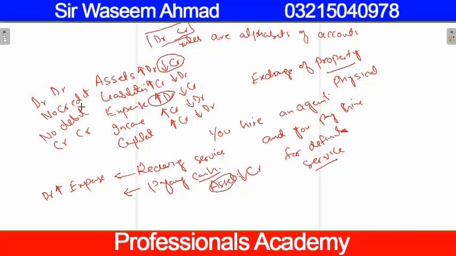Now, when we have categorized the transaction, it is very useful to understand the meaning of these categories. When I say assets, what is meant by asset? So the normal reply is that machinery is an asset, building is an asset, cash is an asset. This is not the definition of an asset. These are the examples of an asset. We have to define what is an asset. So let's define these categories.